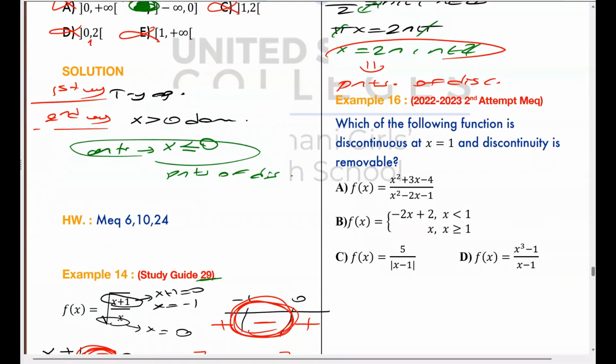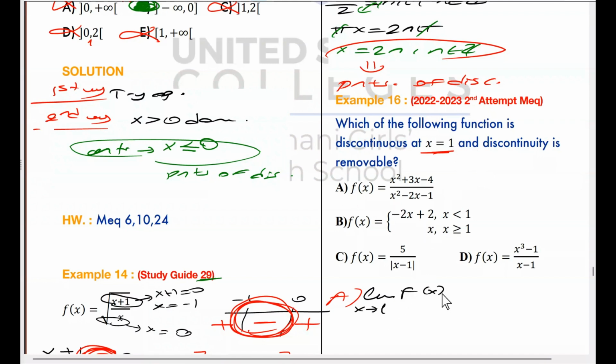Which one is discontinuous at x equals 1? So in every option you have different types. In option C there is an absolute value in the denominator, option B piecewise, option A polynomial over polynomial, D also polynomial over polynomial. So I'm going to use the limit way because I can simplify C and B by using simplification techniques. So option A, limit as x approaches 1 of the function